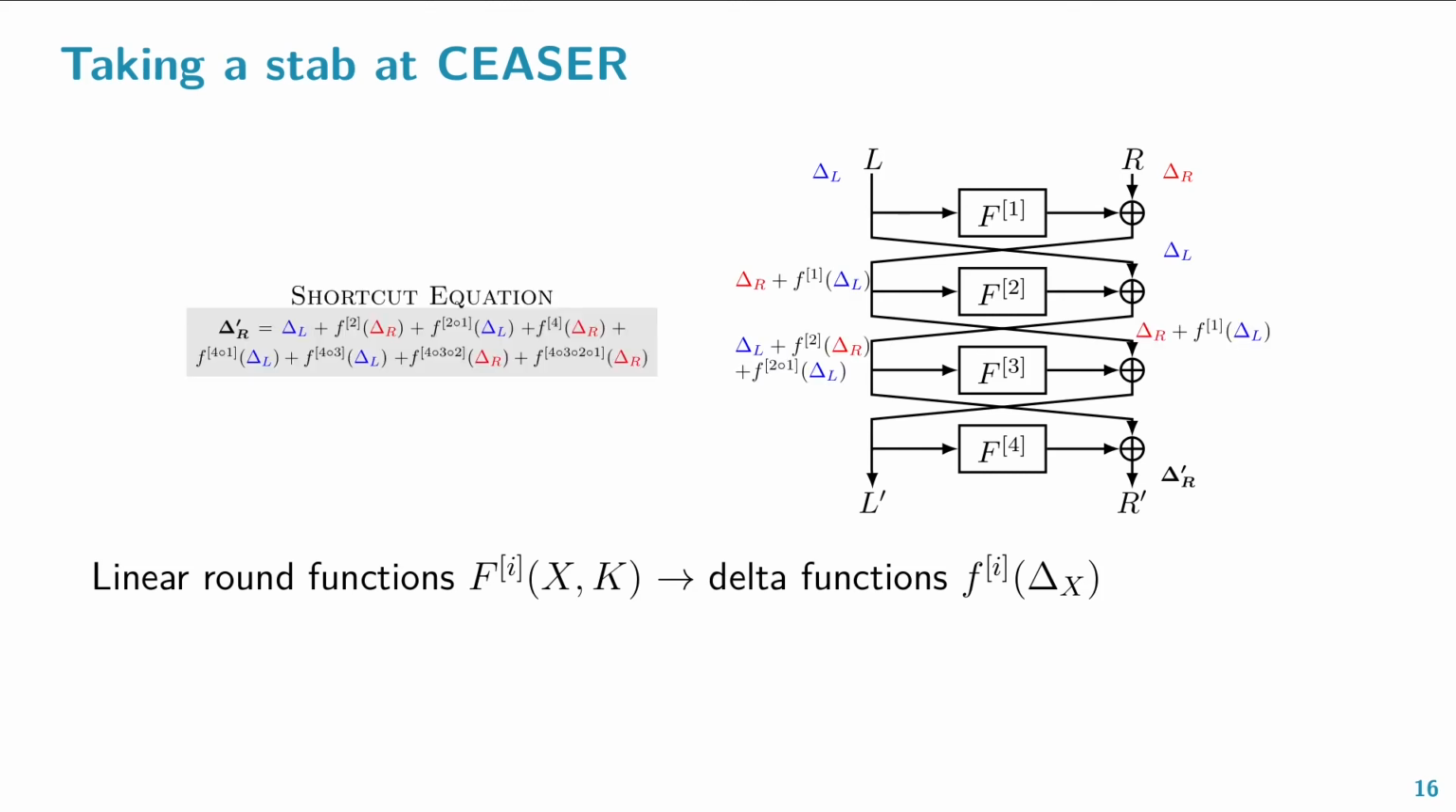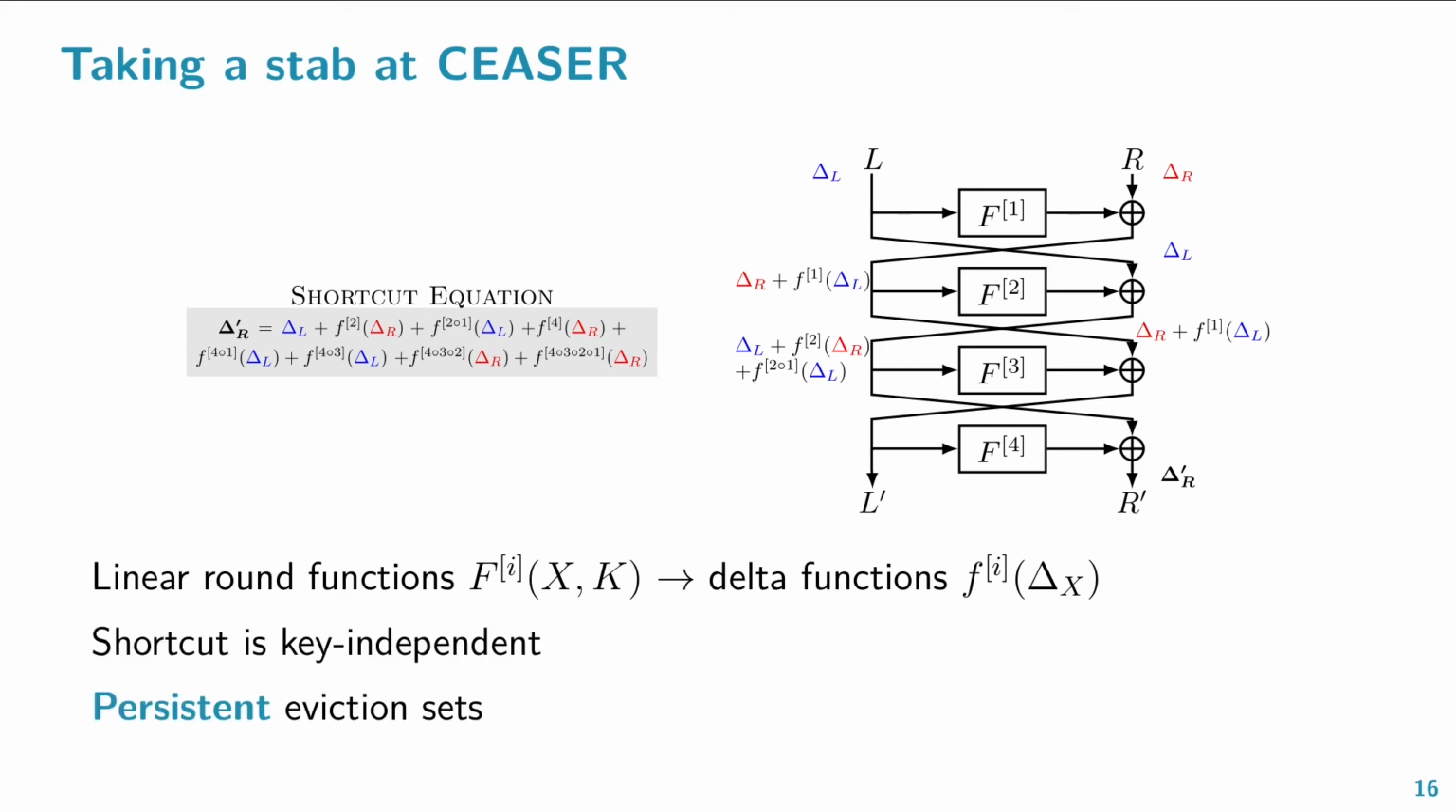And this equation permits to find eviction sets without any accesses, because, well, when are two addresses congruent? When they have the same output index bits. Or in other words, when the difference of these bits is 0. And with this equation, we know which differences to apply to the input to obtain a 0 output difference. Importantly, this equation is independent of the key, which means that eviction sets constructed in this way are immune to